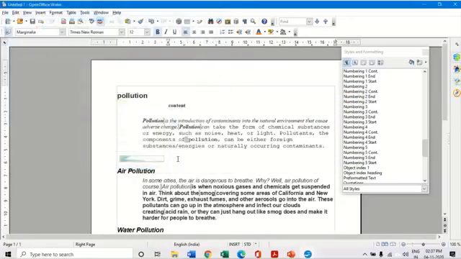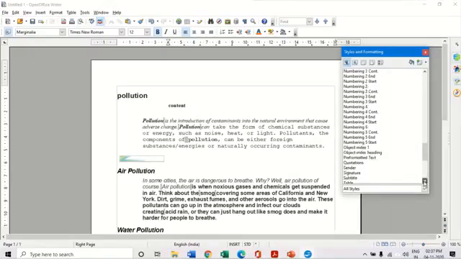I click on open, and now you will see in your untitled one document, you will get the new styles which are there in the abc.ods document which you had saved, the two styles which you had created. Those styles are now available to you in this particular Writer document.